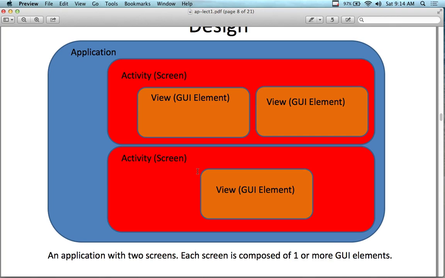We'll look at some more intent examples today. There are a couple of different things we haven't seen yet. We've talked about bundles and transferring information back and forth between activities, which is also a good way of communicating. But to give you the big picture in terms of our application design,